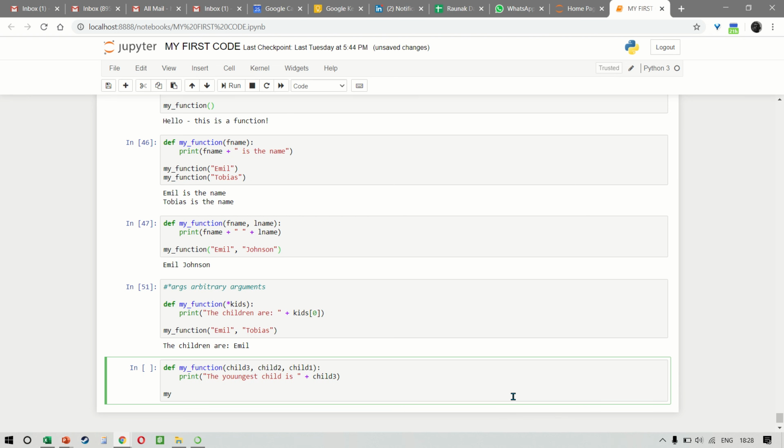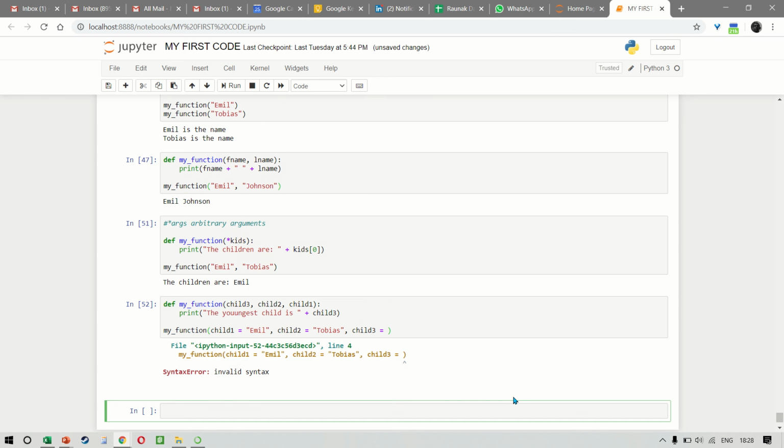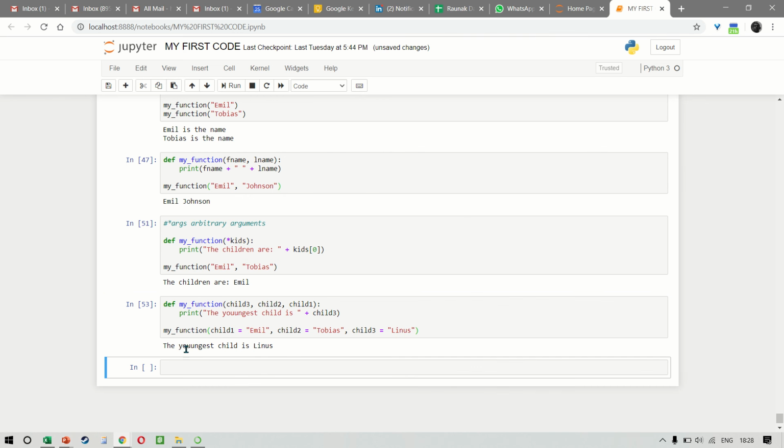So when we say my_function, we can say child1 is equal to Emil, and we say that child2 is equal to Tobias, and we say that child3 is equal to Linus, and we run this and we get the youngest child is Linus, like this.